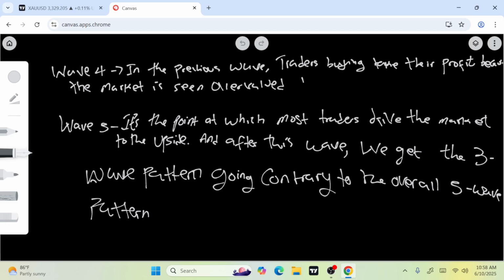Now, there are theories to make sure that this is properly explained and effective to our understanding. I want you to take note of this. There are three cardinal rules. I've been able to come out with rules to make this more explanatory and to be like a guideline for you when counting your waves. Are we together? Now, there are three.